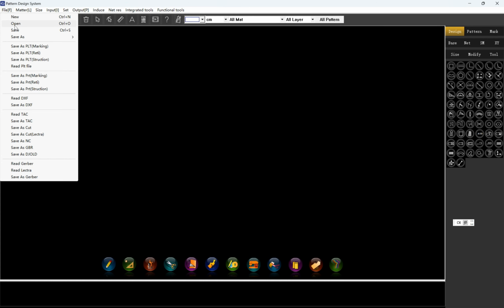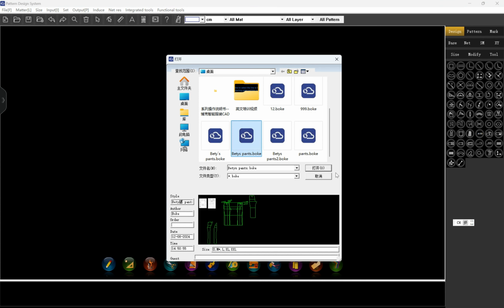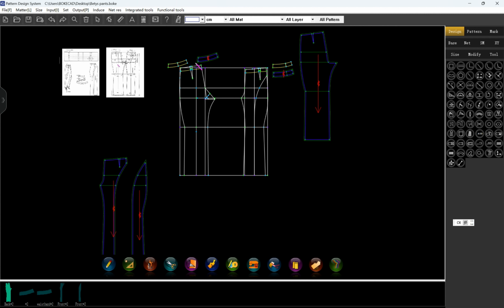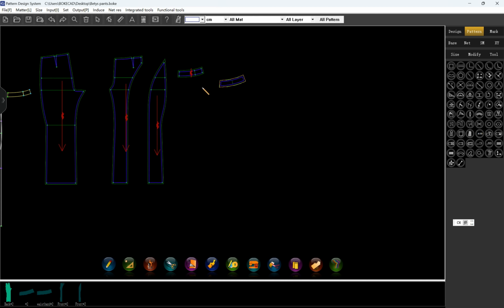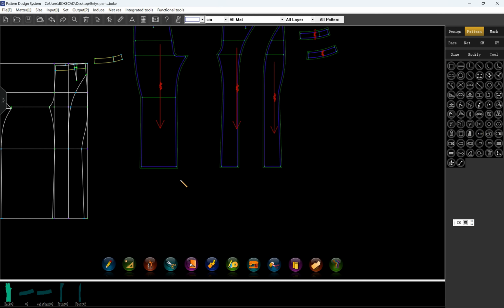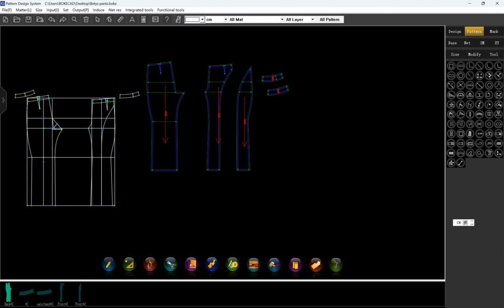So we open a file. Take Betty's pens as an example. This is the homework that Betty made, and we move the pattern to here. As you can see, here is fabric A, and if you want to add lining, in the pattern mode,